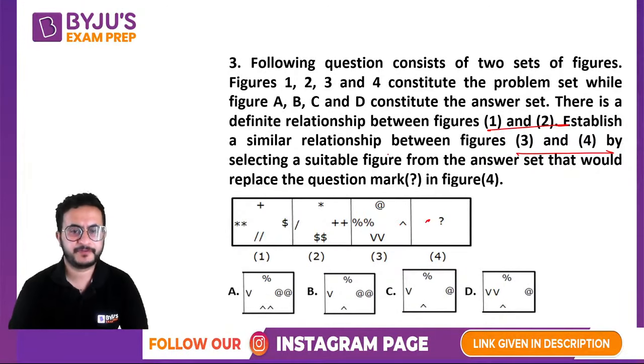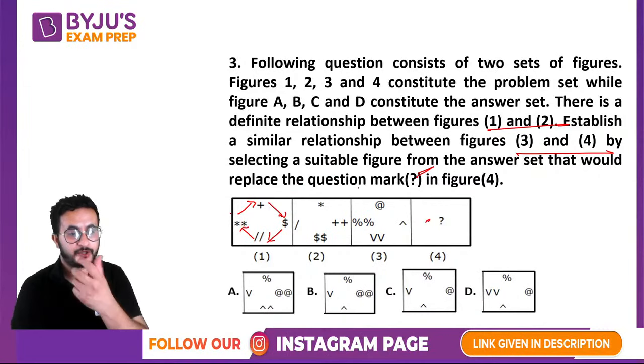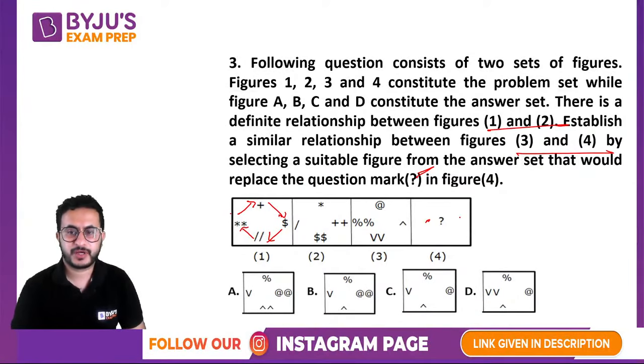So what is happening from the first image to the second image? If we see here, we had two stars, it became one star. So this moved to this side and the number reduced from 2 to 1. We had a plus sign, it came this side and it became double signs. Dollar came here and 2 signs, and this went this side. So they have to move in a clockwise direction. So at the rate will come here,